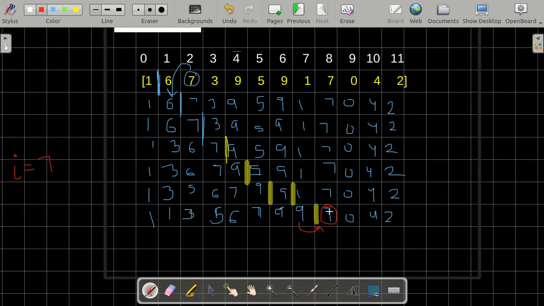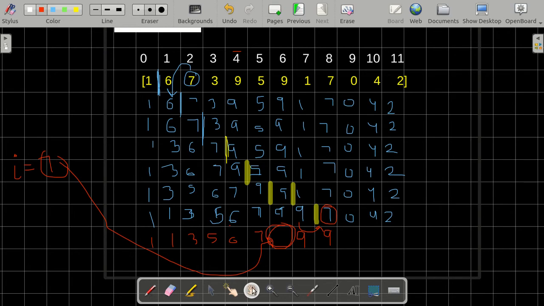So what we are going to do is, since 9 is greater than 7, 9 will come here. Then we'll see this 9 is also greater than 7, so this 9 will come over here. Now this 7 is not greater than 7, so nothing will be done over here, and this index that we have got, this current place, is the place where this 7 will come, and this is the 7 which we had to insert.